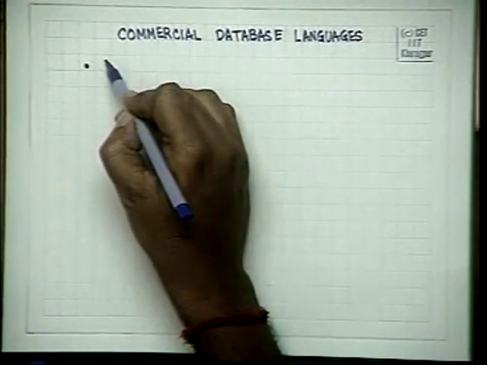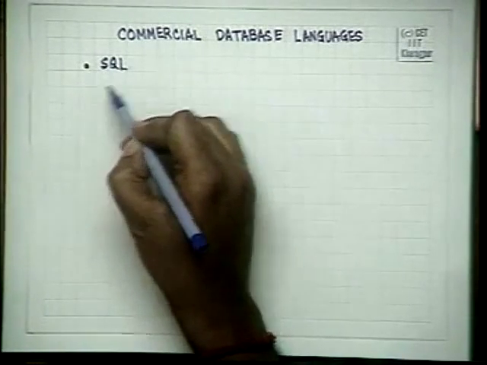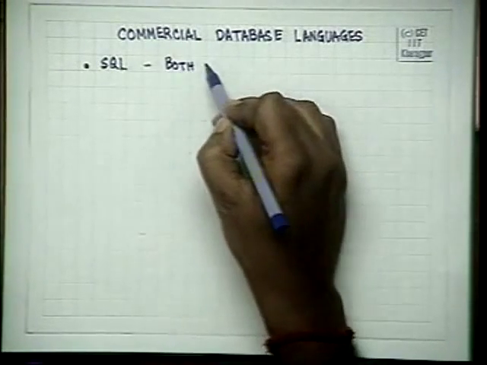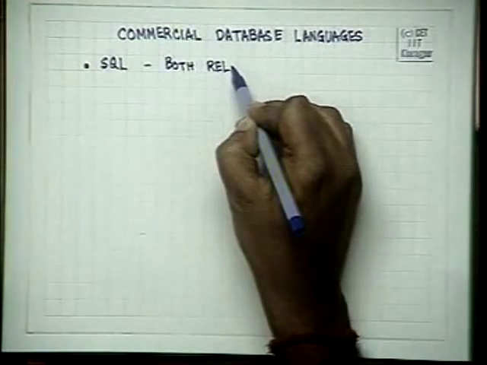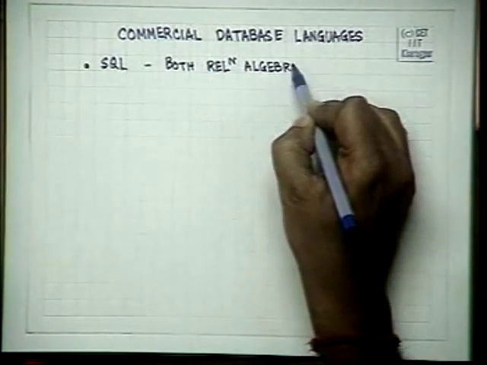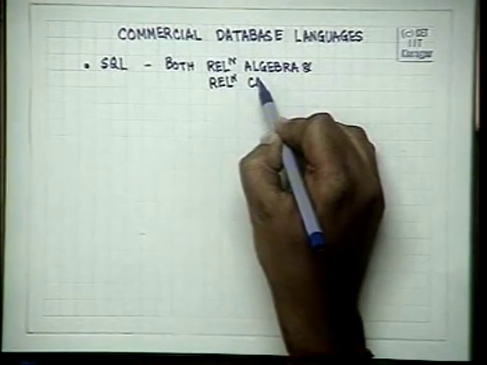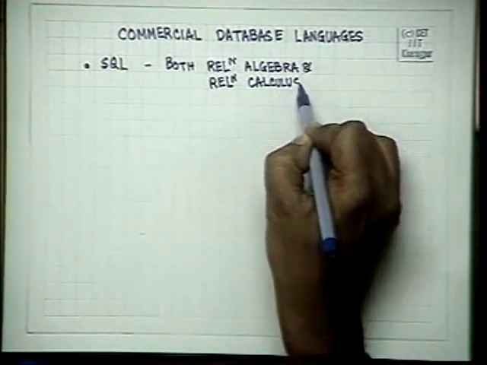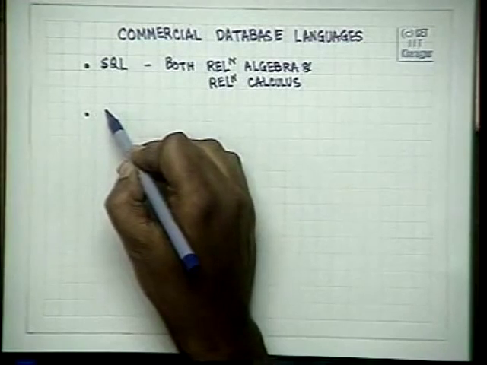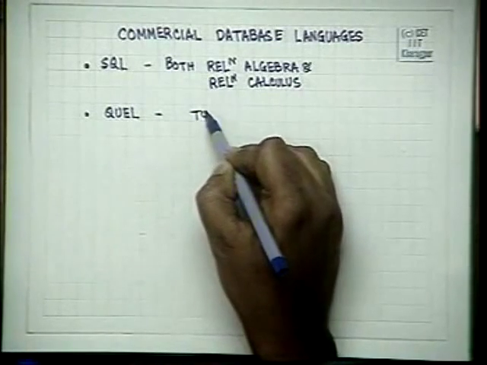One which is well known as the structured query language, SQL. This is based on both relational algebra and relational calculus, and uses a combination of relational algebra and relational calculus. We have got QUEL, which is based on tuple relational calculus,